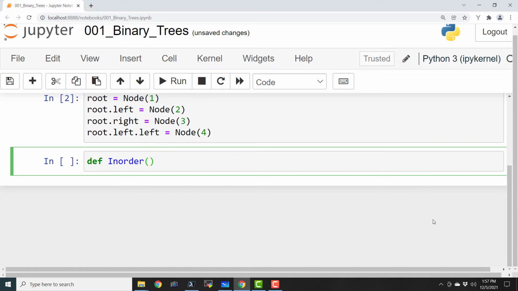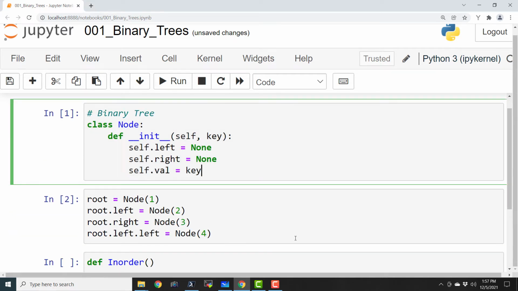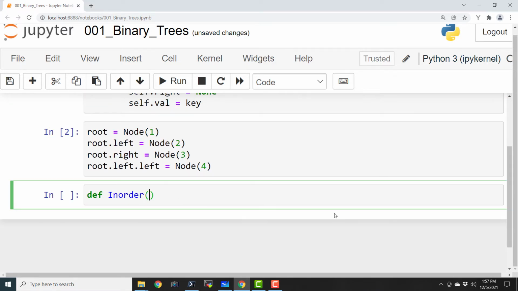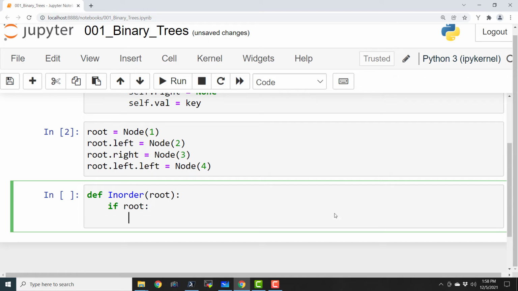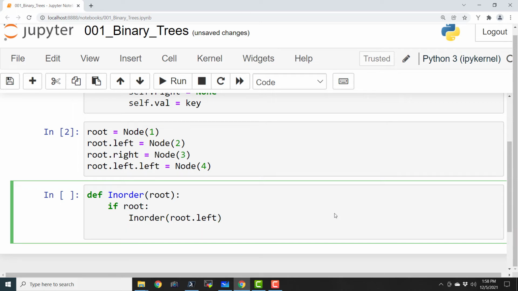These routines are not part of this class. These are not the class methods. These are separate routines that are going to accept an object. Basically it is going to be the root node, and then we are going to run the in order on it. So if root: in order(root.left), so it is going to be only a few lines of code.